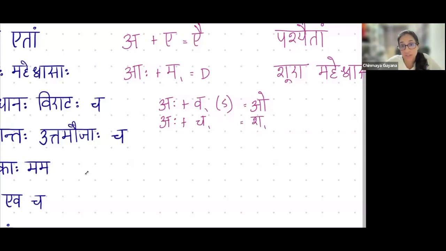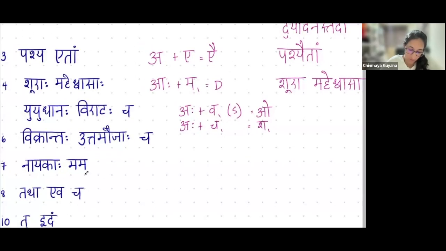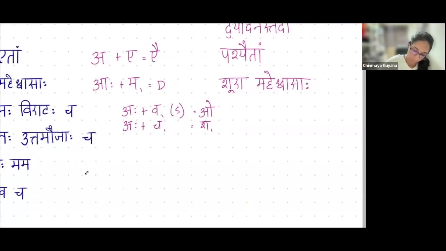So now the visarga is changing into these two. So what you're going to get is yuyudhano. Then you're going to get viratash